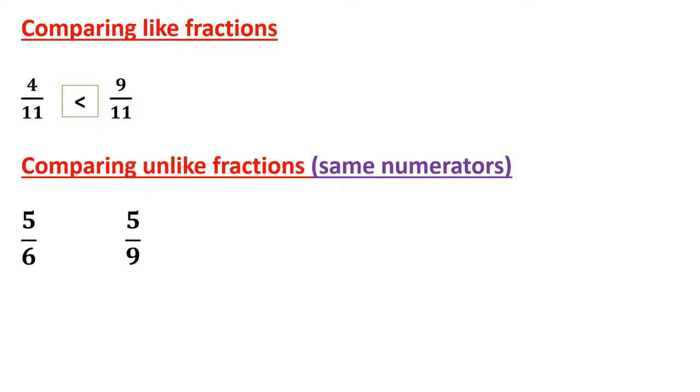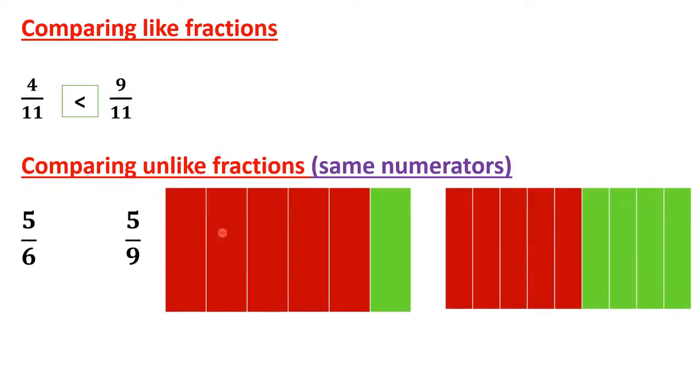Children, if I draw two figures of these two fractions, you can see here 5 by 6. This rectangular box is divided into 6 parts, out of which 5 are colored with red. So we write the fraction of the red colored part, and we get 5 by 6. In the second figure, the total rectangular box is divided into 9 equal parts, out of which 5 are colored with red. So we have the fraction 5 by 9 of the red colored boxes.